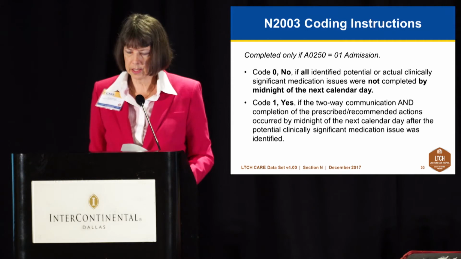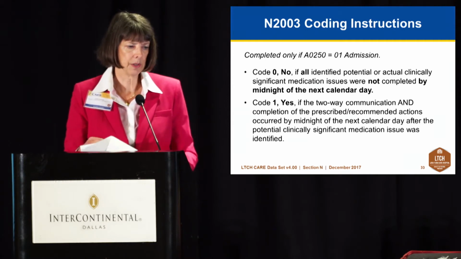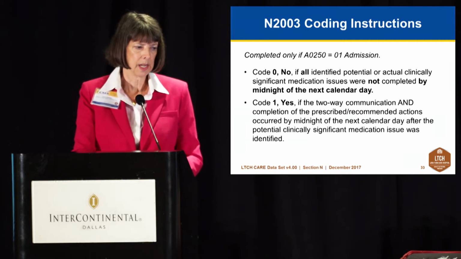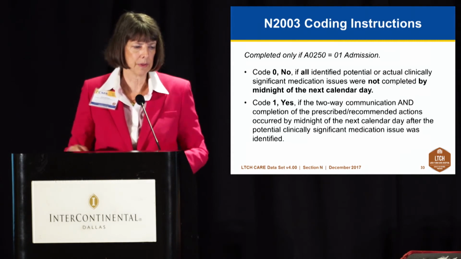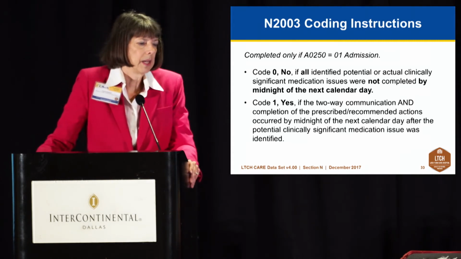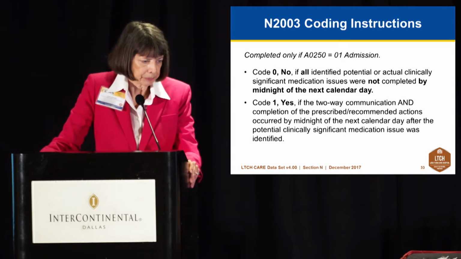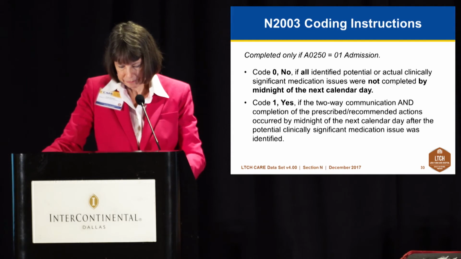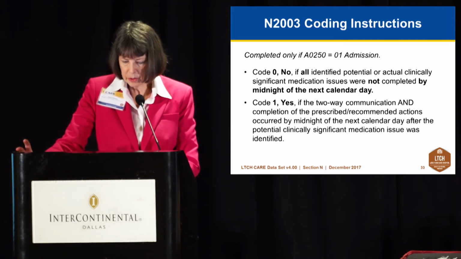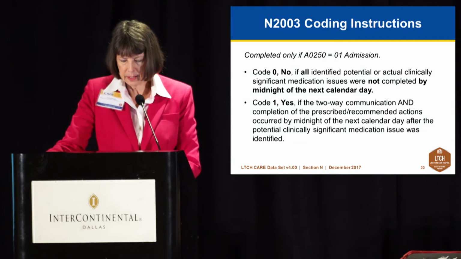So let's look in detail at each of the codes so that when you are going through these examples you will be able to code them correctly, and of course for the importance of your quality measure. So you code 0 no, or you code 1 yes, and code